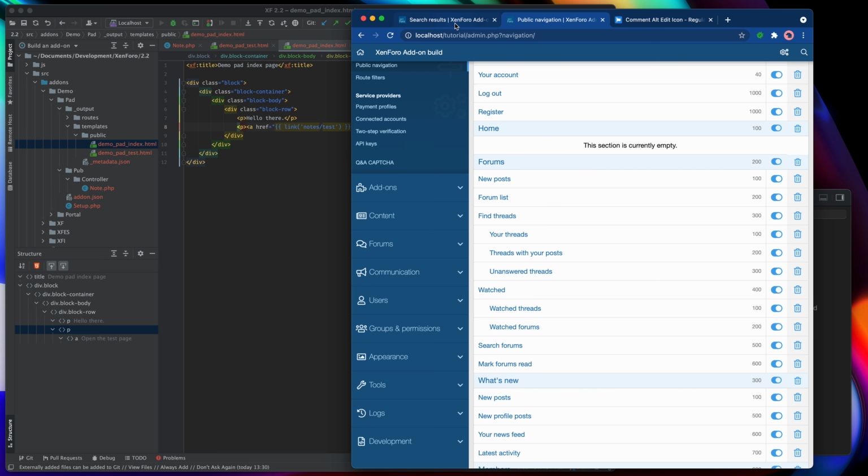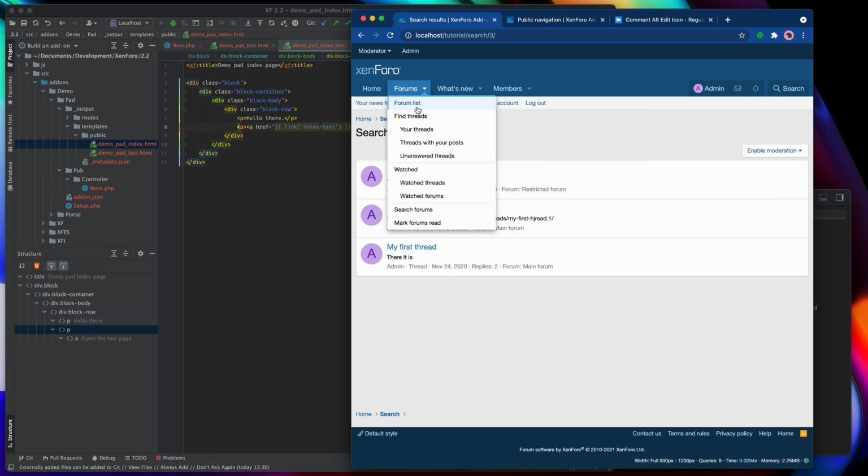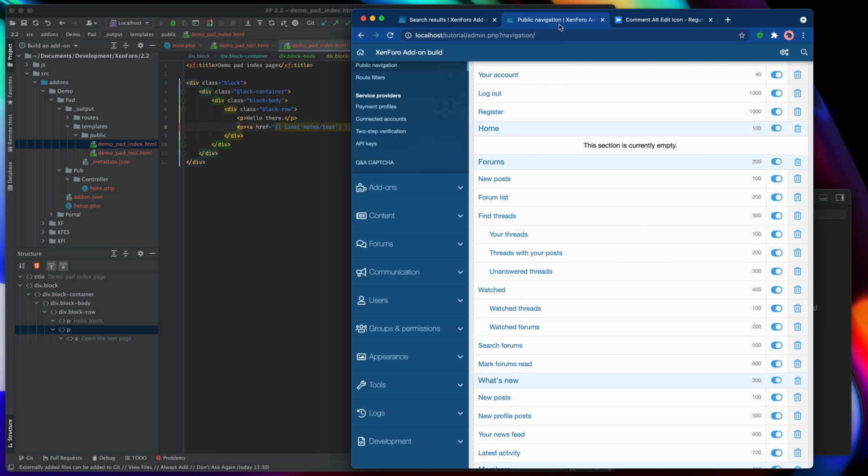So let's take a quick look at that here, and you can see that by and large that reflects what you just saw in the control panel. Some of those items don't appear because they have conditionals attached to them, but that's not something we need to worry about right now.